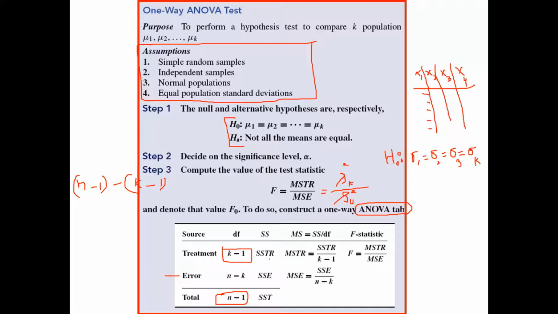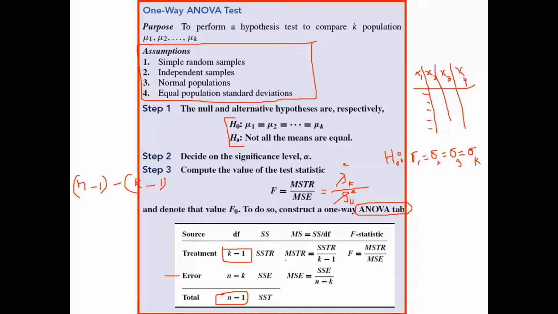This is represented by the sum of squares of treatment. This is the sum of squares of error, or the sum of squares of total. So these are the terms which are used in ANOVA. SST, sum of squares of total. SSE, sum of squares of error. This is the sum of squares. What is the difference between the variance and the sum of squares? Sum of squares is the numerator of the formula of variance. The formula of variance is the same for all of these terms, but numerators are written here, denominators are written here. If I divide the numerator by the denominator, then this is variance.